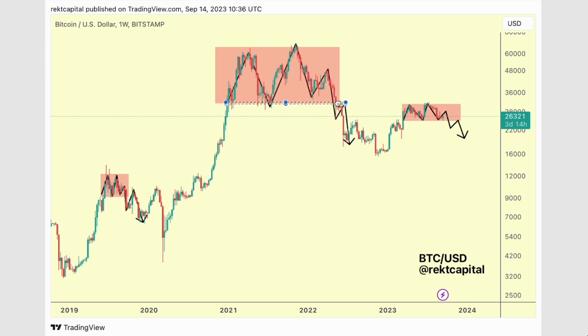Right over here, 30k roughly speaking in 2021 was that analogous region, because that's where we formed this lower high, that relief rally before losing it, turning it into a resistance before dropping lower. And just like in 2019, as we discussed earlier, this relief rally here, drop, turn into resistance before going down towards the downside. And isn't that a compelling argument to see potential relief rally right now into 28k, as high as 28k, could be just 27,200 even, before rejecting, breaking down below 26k, and then revisiting 26k as a new resistance before turning that into a point of rejection and dropping a little bit lower.